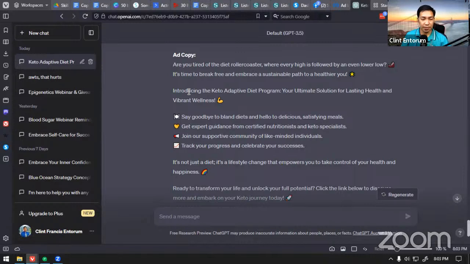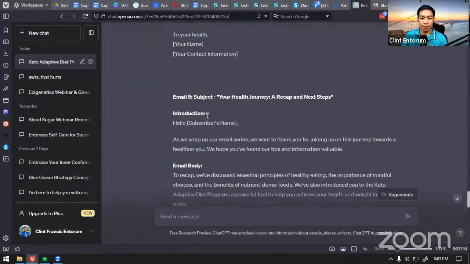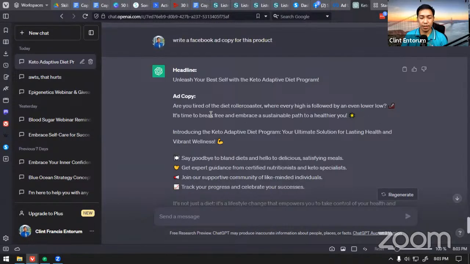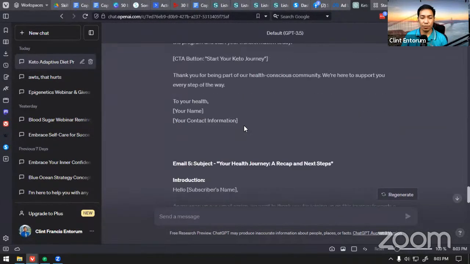Once you're reading something, you'll be able to know and understand, oh, it's great, it's using a framework. You could spot that on all this content, even on the emails. Okay, so hope this helps. That's copywriting. That's how you could write good copy, even using AI tools today.